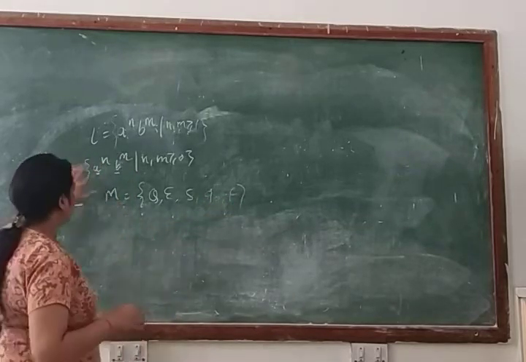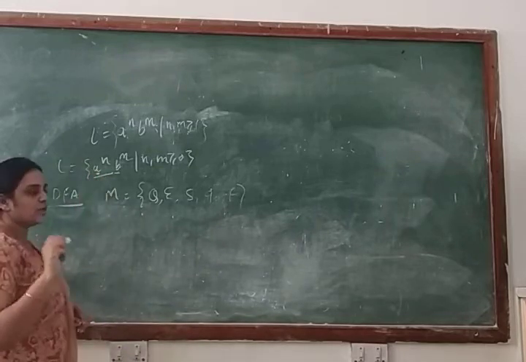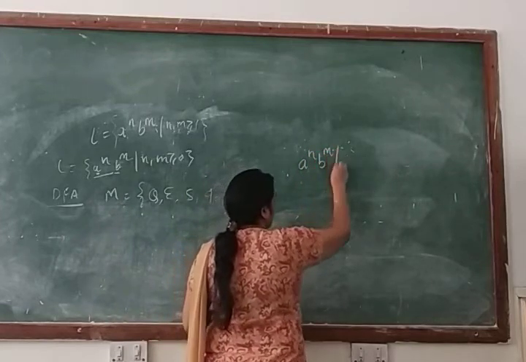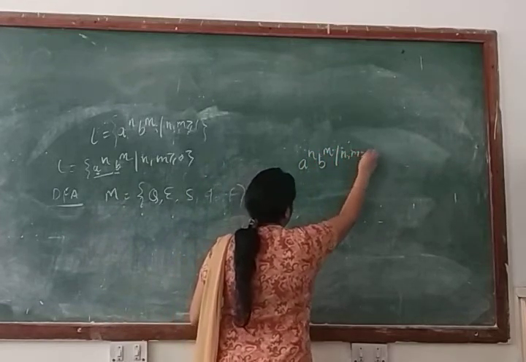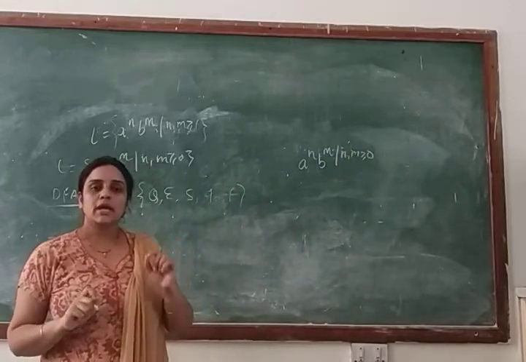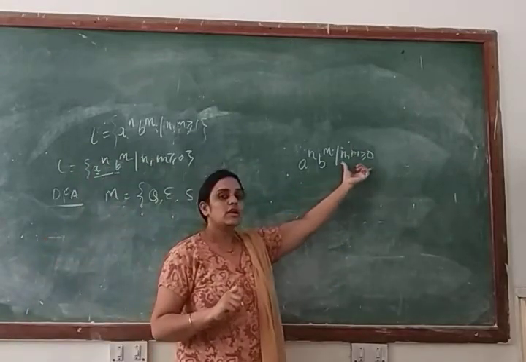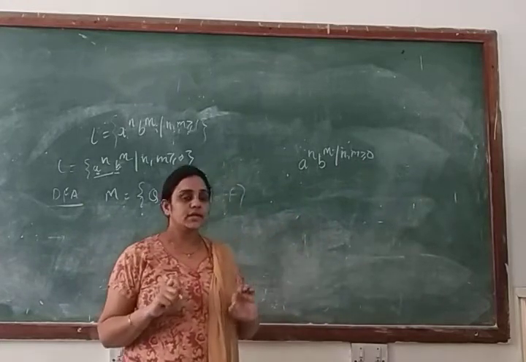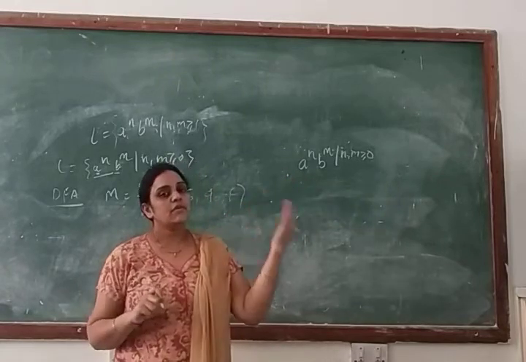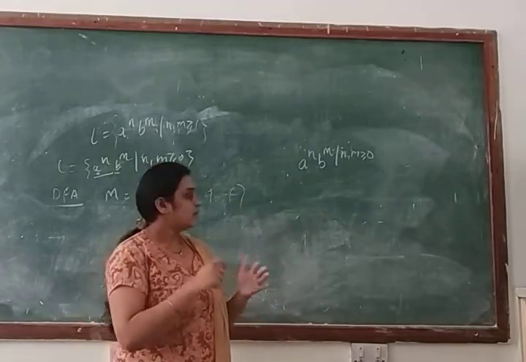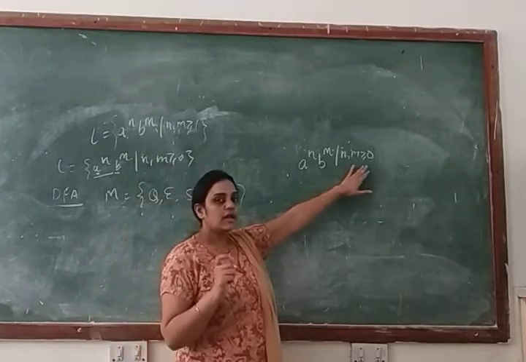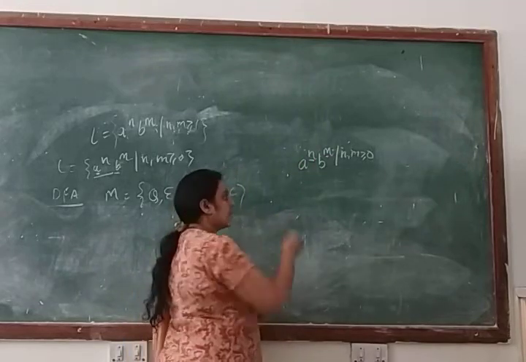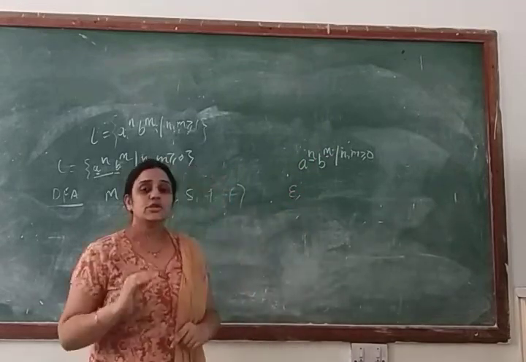Now we will start making the machine, and we will make the smallest length string for that language. So here a raised to power n, b raised to power n, where n, m greater than or equal to 0. What will be the minimum value for n or m? Here you can see the minimum value for n or m is 0. The maximum value you can assume anything, so we can say this is an infinite length language, because for the maximum we can assume anything for variables n or m. Clear? But the minimum value is 0. If you put n as 0 and m as 0, you will get epsilon, and epsilon is a zero length string.